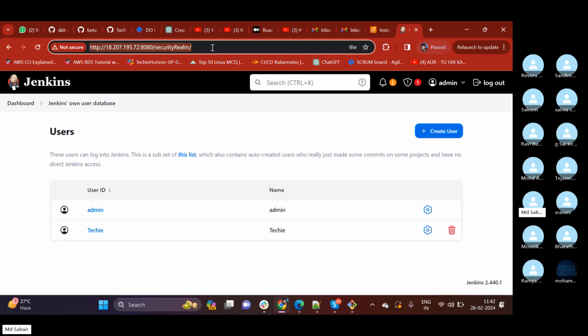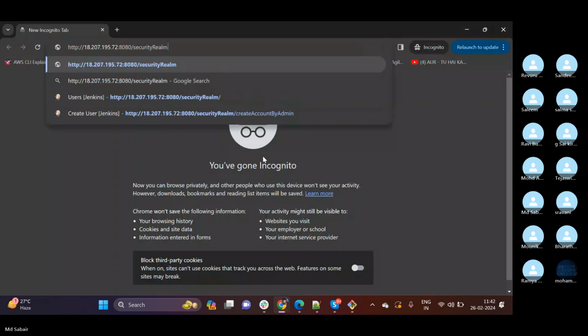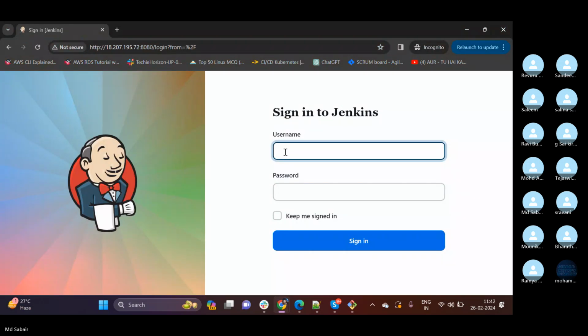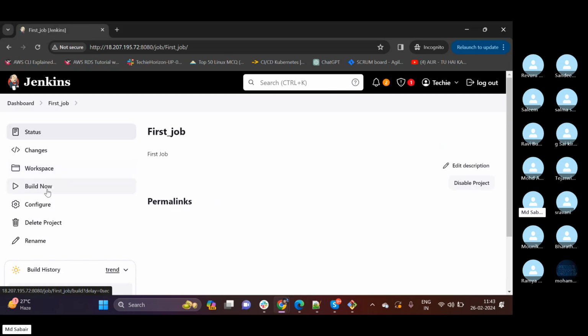Now let me copy this URL, open it in incognito and try to log in. Okay, the username is techie and the password is admin. Now if you see this, even this techie user got all the access. He is able to read all the jobs available in our Jenkins. If I click this job, he is able to delete the project, click on build, as well as update the